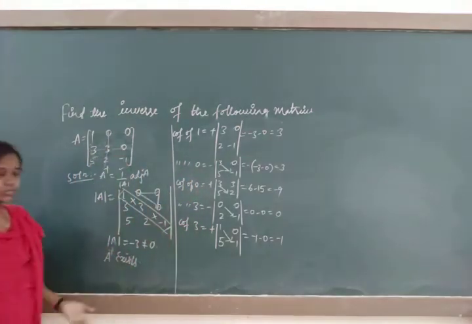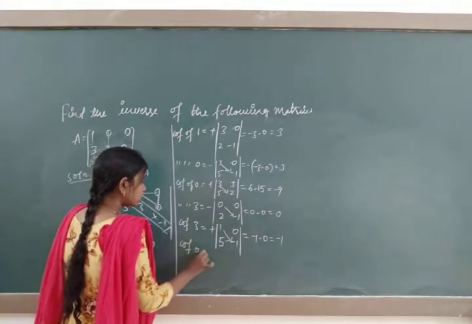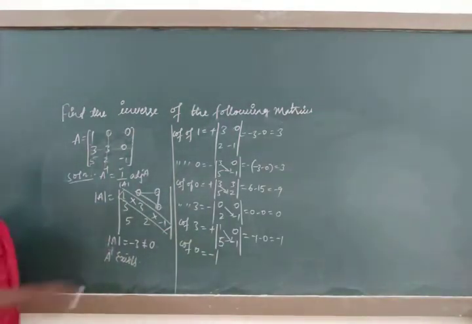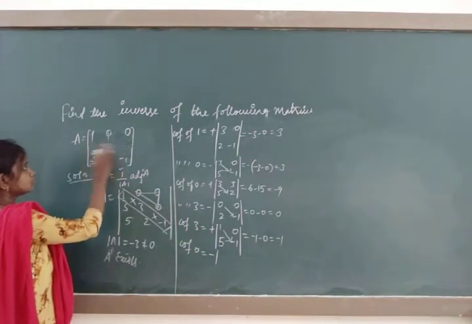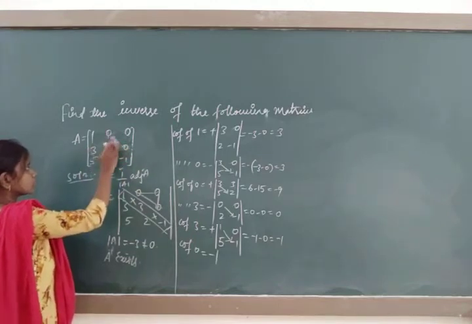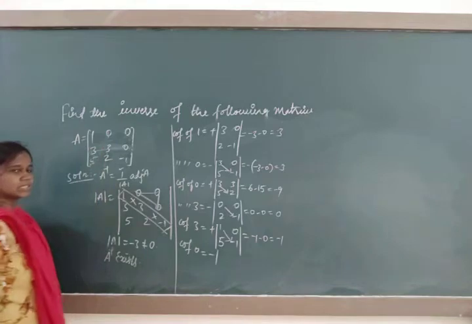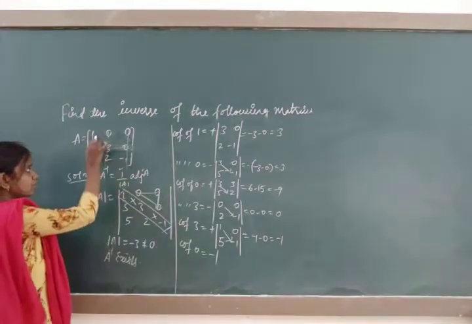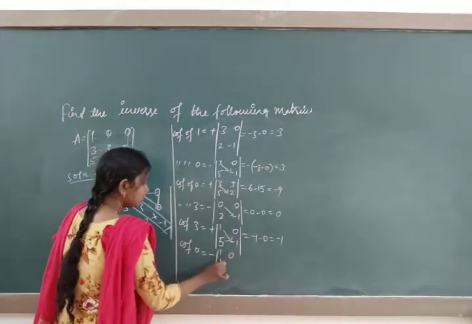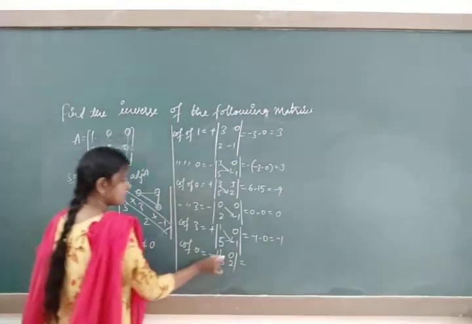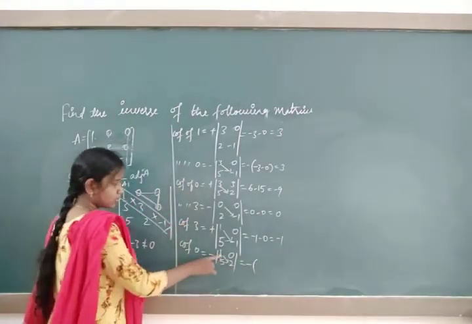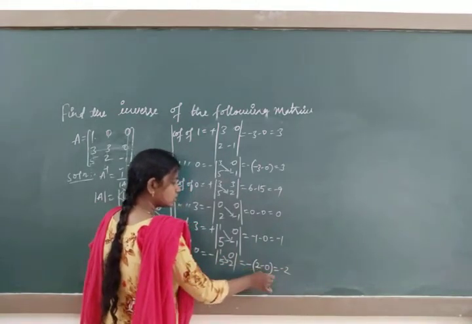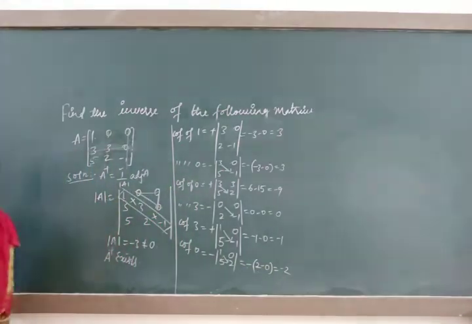Now move to the cofactor of 0, with the alternate sign. If the previous was plus, start here with minus. Where the 0 is present, you just observe: 0 is present in the second row, close that one. It is also present in the column, close that one. So what remains? 1 0, 5 2. On expansion this will become, take a minus of this one, 2 ones are 2, move to the secondary diagonal, 5 into 0, 0, so 2 minus 0 is 2, take outside minus, it's minus 2.